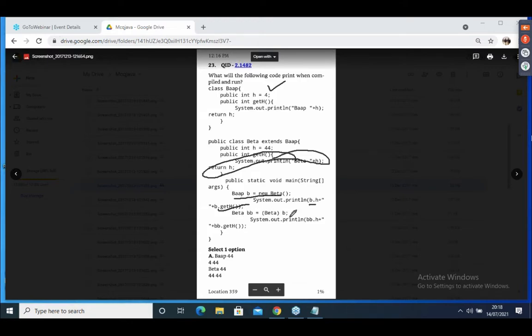Next, Beta bb. bbH, what is there here? That Beta, right, 44. Then the overridden implementation, what is there? 44, 44 will take. Are you getting what I am explaining? When you override, it will print here. First it prints 4, then Beta 44, 44.